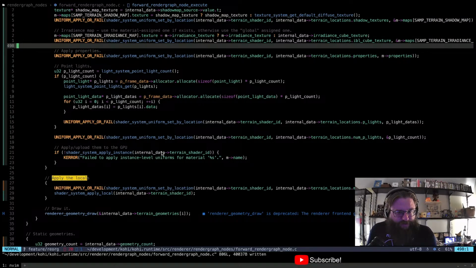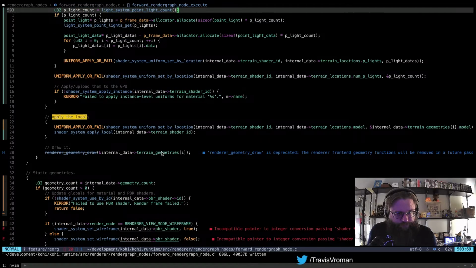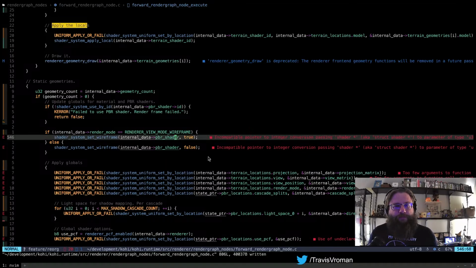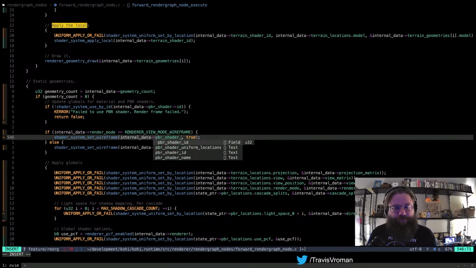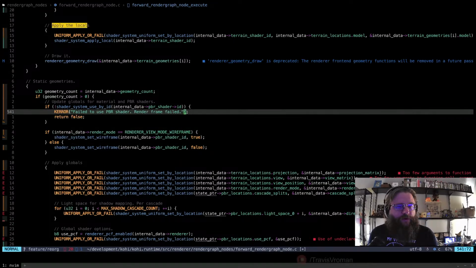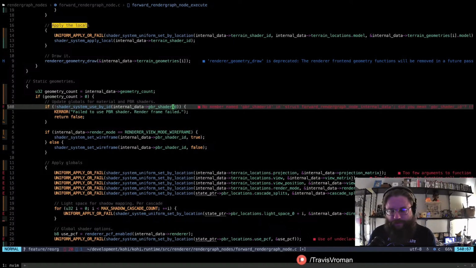All right, so that is everything for that. We need to convert this stuff over. This is going to be PBR shader ID. This can also just be PBR shader ID.